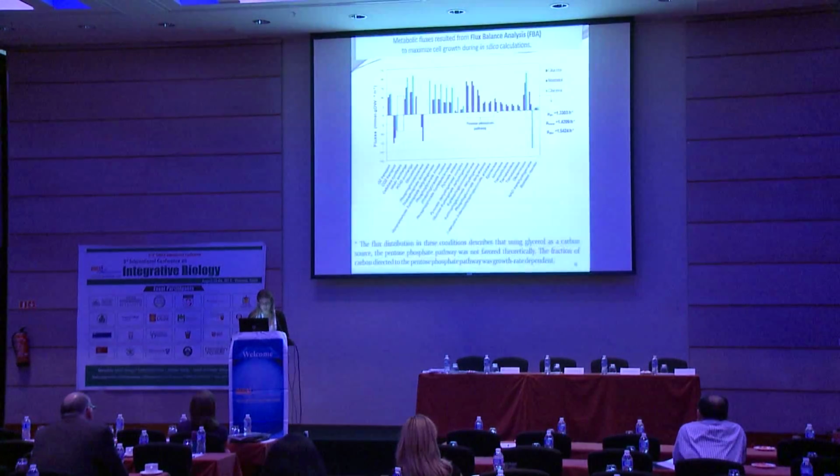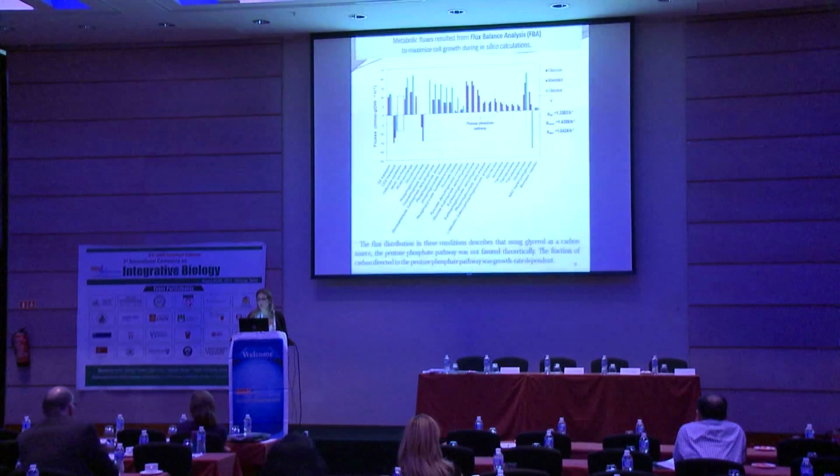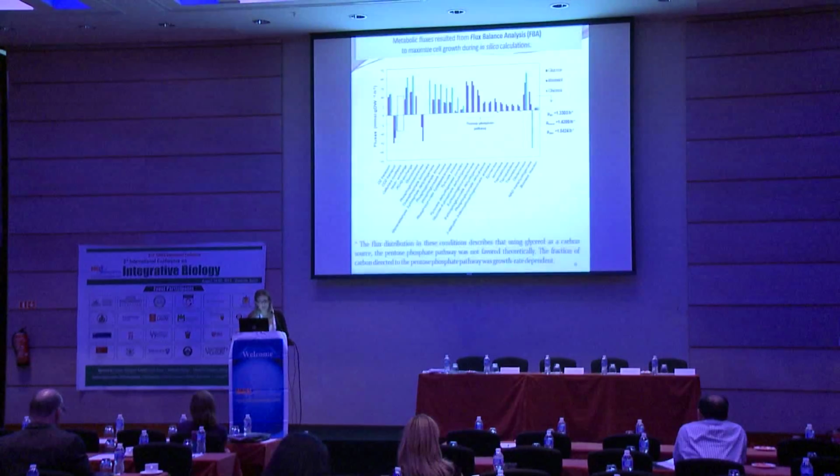And actually the most accurate simulations are the FBA, the flux balance analysis, because here we can input all the restrictions and boundary conditions and also the objective function. So this is one of the FBA simulations, actually we have a lot. And in this one we chose the biomass flux as our objective function.